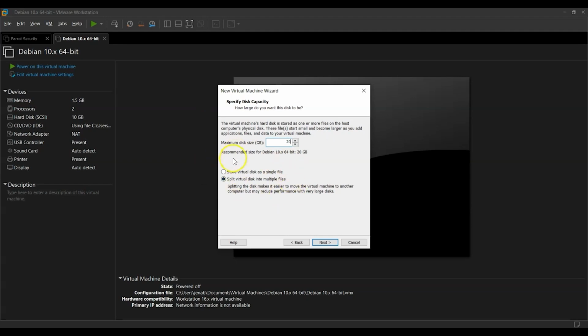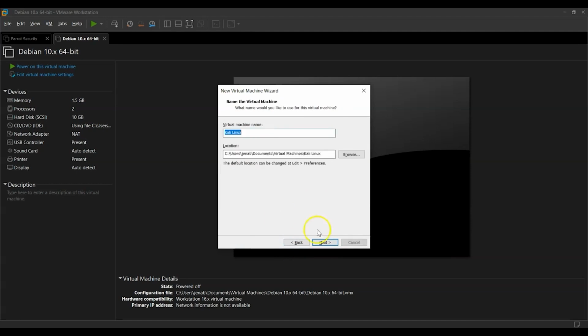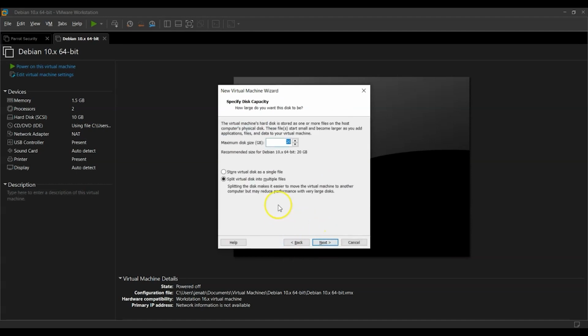Another option we get over here is storing virtual disks as a single file or storing them into multiple files. As we already know, this virtual machine runs entirely on VMware. Sometimes when transferring these virtual machine instances, let's say from a personal computer to a work computer, we're going to need to copy up the entire folder that we had mentioned before over here. Instead, all virtual machines have a portability feature. Now this portability feature is possible for all scenarios, except it is much easier if they split the virtual disk